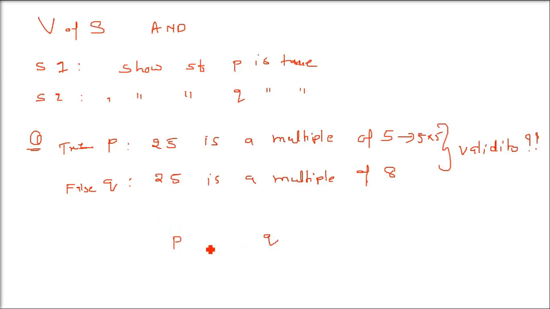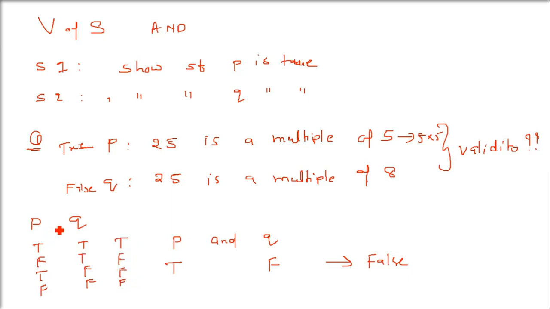So when we combine this P and Q using 'and', this is true, this is false, and true 'and' false is going to give you false. In 'and', only when both are true will it be true. Otherwise, always false. So this truth table you can write as true, true, false, false, true, false, true, false. When you do 'and', every time it will be false unless both are true. I am doing 'and' for these pairwise. Okay, so now you understood how the validity of statements can be done.